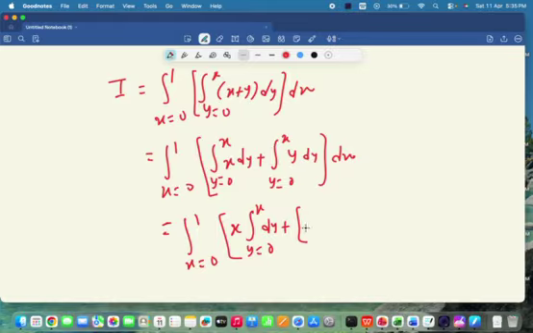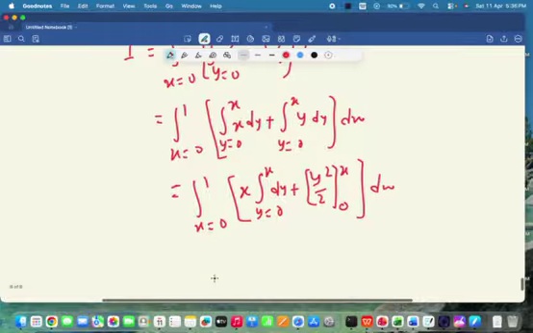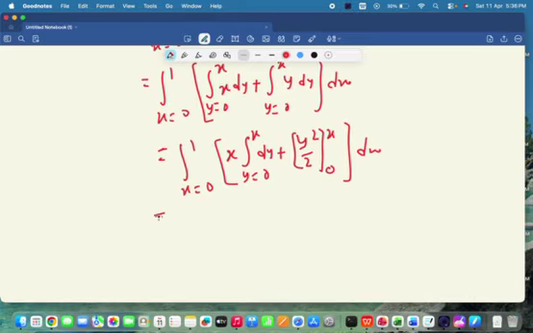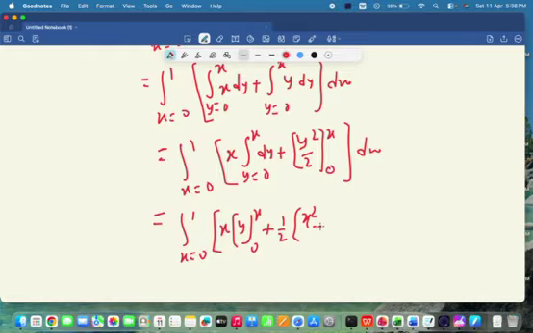and here the integral of y is y square by 2 with the limit 0 to x, and then whole dx. Okay, and solve this limit, x is equal to 0 to 1. Now this x, the integral of 1 is y with the limit value 0 to x. 1 by 2 you can take common and then put upper limit minus lower limit. The integration will solve. Okay,